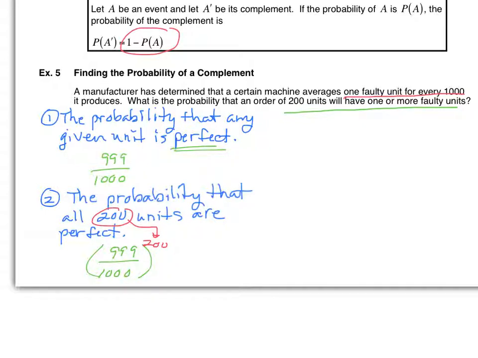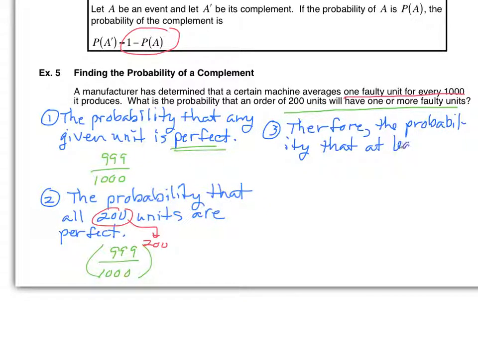All right, so then step 3. So now we know the probability that all 200 units are going to be perfect, but is that what I want? Yes or no? What am I trying to find? That at least one of the units is faulty. So your last step is, therefore, the probability that at least one unit is faulty